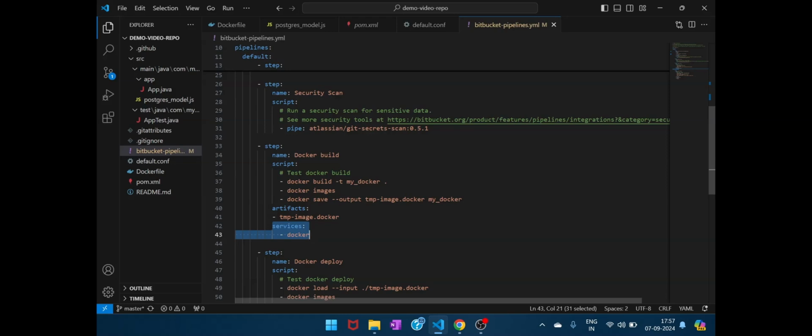Otherwise, you should have Docker installed in the environment that this pipeline is getting executed in, or you need to package it into the image, and it gets really complicated. So just use something called services: docker, and then you'll be able to start using Docker commands right away. Why should we save this image as a temp image.docker is because we are only building the image in here,